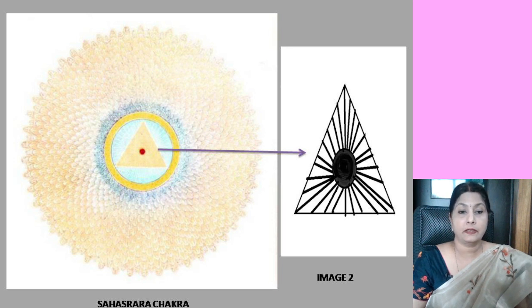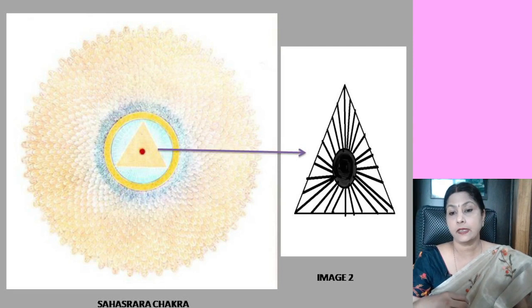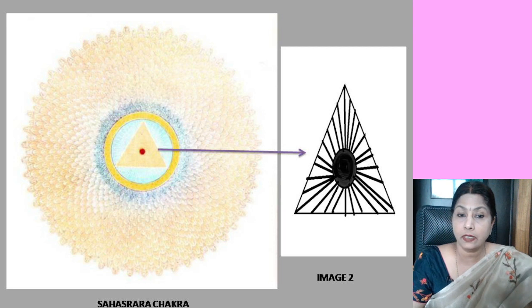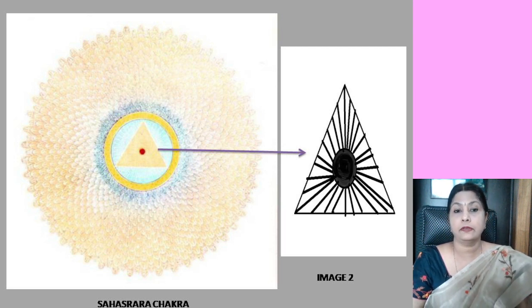Few scriptures refer to this Bindu as a red hot Shivlinga also. That is why few yogis see a Shivling surrounded by a 3.5 coiled Kundalini snake when they focus on this area. When Kundalini, which is at the base of the spine, moves up the spine to merge with Shiva, she encircles Shiva in the form of 3.5 coils. The yellow area which you see, the circle that is surrounding the triangle, is the Kundalini that has reached the head.